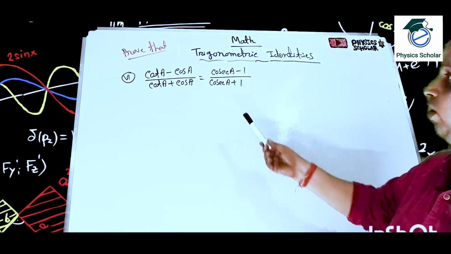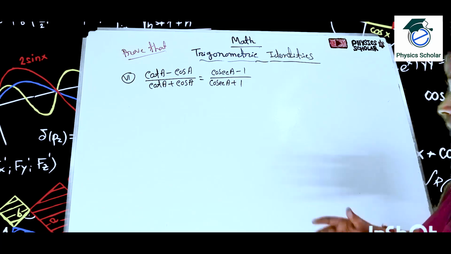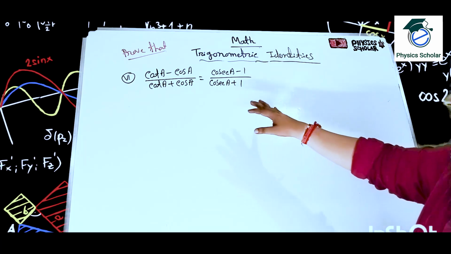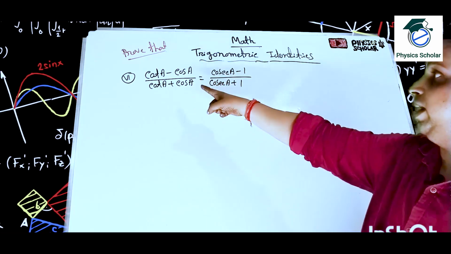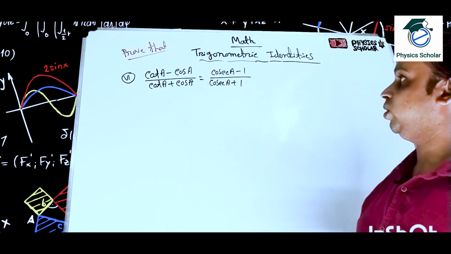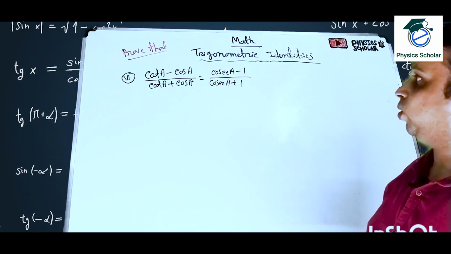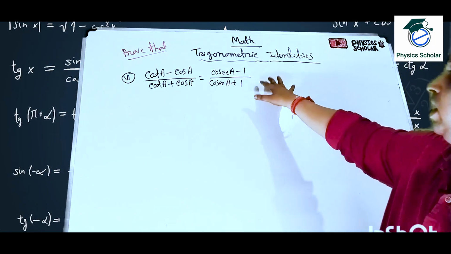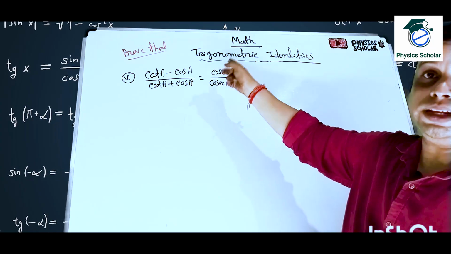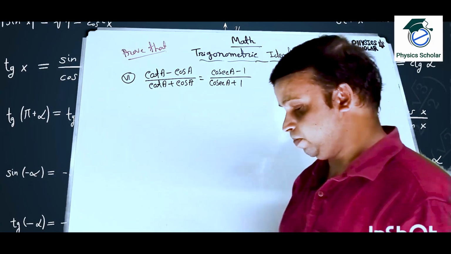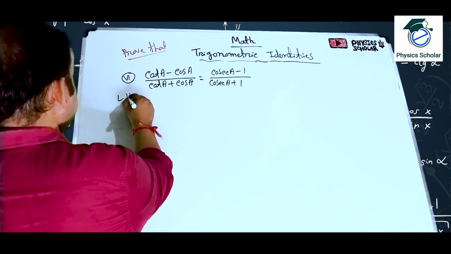So students, now moving forward to sum number 6. Almost same type of sum. Clear? Sum number 5, here it was tan, here it is cot. Cot A minus cos A, it was tan A minus sin A in the previous sum. So now it is cot A minus cos A divided by cot A plus cos A is equal to this. It was in the previous sum sec A minus 1 by sec A plus 1. Here it is cosec A minus 1 by cosec A plus 1. Now, same approach, same thing we have to do.